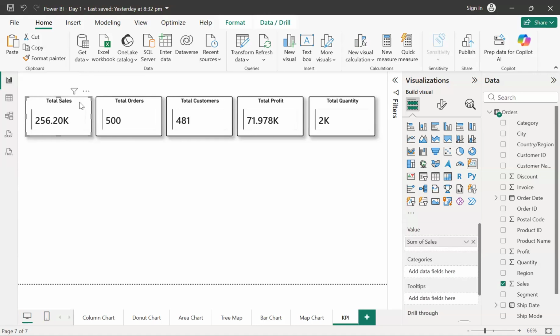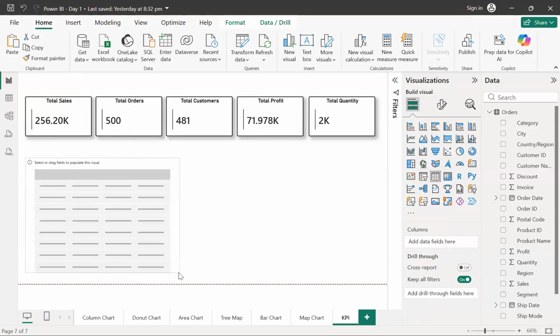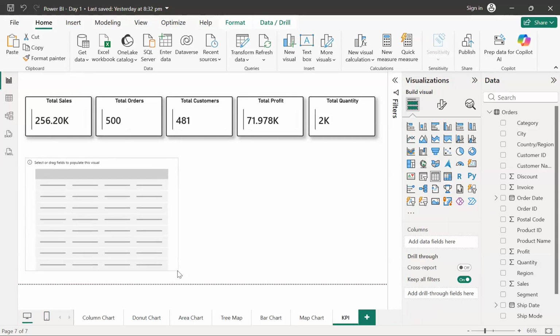Now guys, I hope the things are clear from here. Let's go ahead and create one more, and then I will also show you something called the slicer, what the slicer can do and what kind of effect we can see with it. But before that, we first create the table chart over here. If you're also creating on the same page, make sure you have not selected any card, and then select the table.